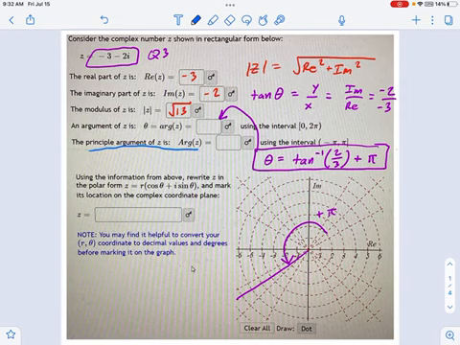And all you do here is, this is not too hard. You say, in this case, the principal argument of z is equal to the argument of z minus 2 pi. That is not always true, but it is true when you are in quadrant 3, or I would say quadrant 4. When you're in those two quadrants, you're going to need to subtract off 2 pi to get yourself into the interval -pi to pi.